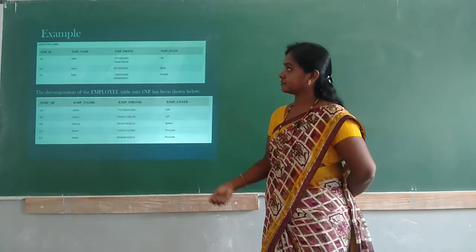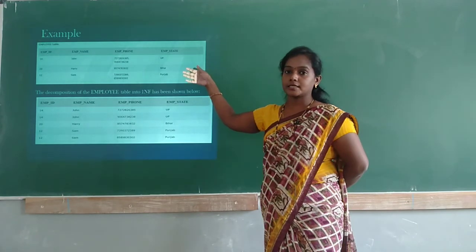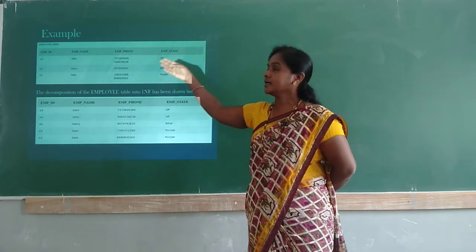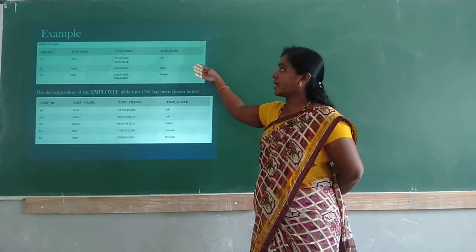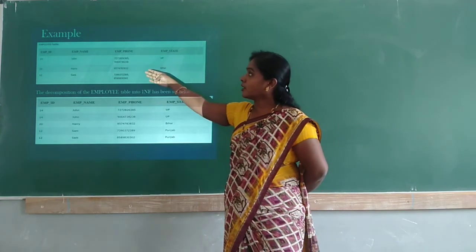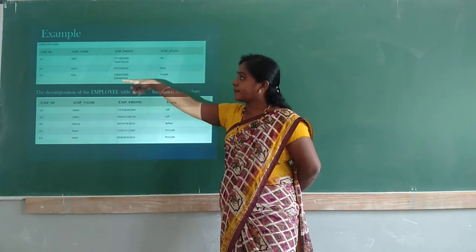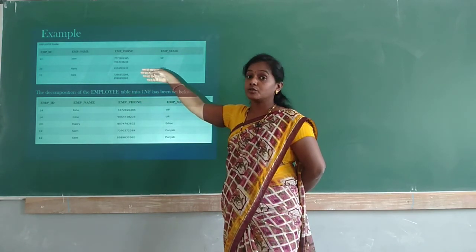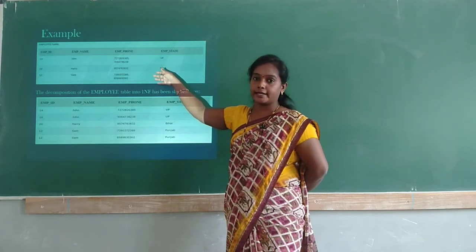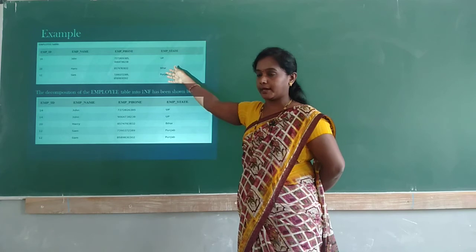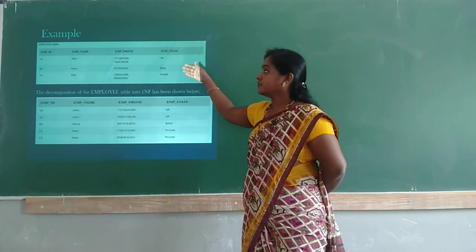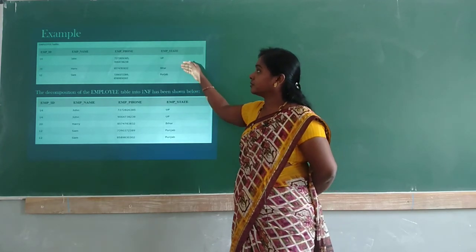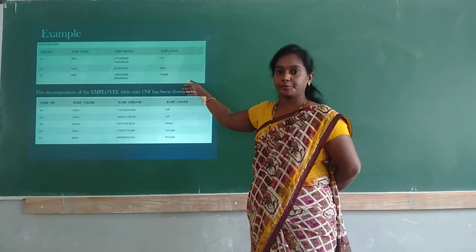So next, see here. In this table, this is an example for 1NF. This is a given table where we are storing the employee ID, employee name, employee phone number and employee state. Here the employee with employee ID 12 is having 2 phone numbers. So this is not in 1NF. This is a normal table, a normal database. To convert this table into 1NF, we have to add some more tuples. Tuple means a